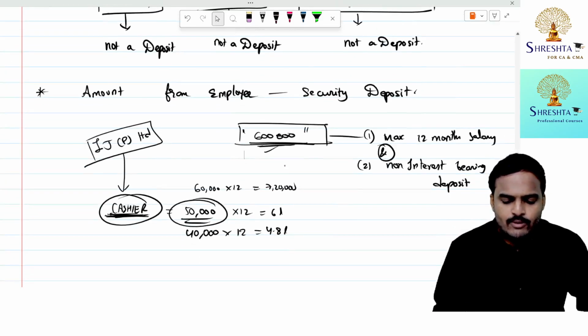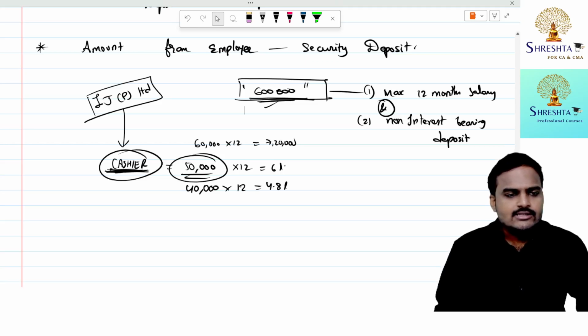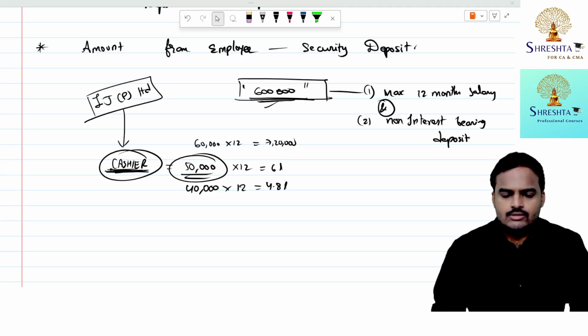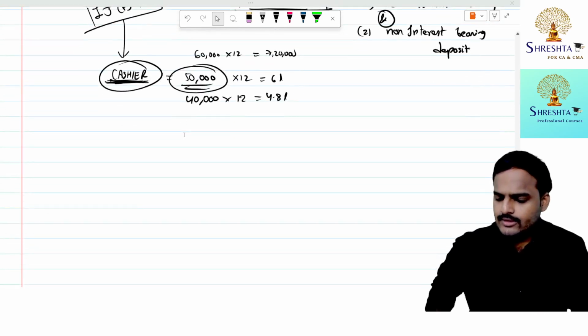Understood. So amount received from employee is also not treated as security deposit, provided two conditions are satisfied: maximum 12 months, and second one, non-interest bearing deposit. Clear, everyone? So with this, almost 2/3 of exempted deposits I completed. So next one,